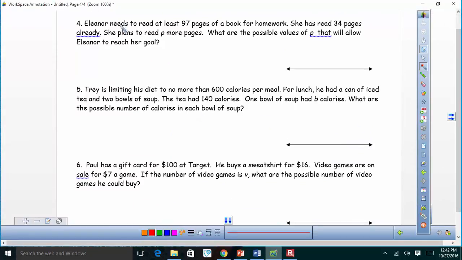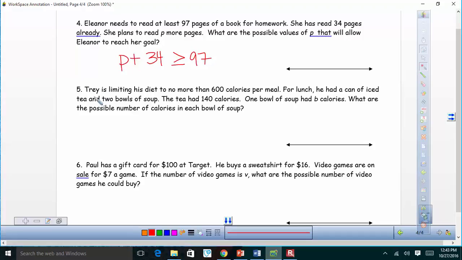Okay, number 4 says Eleanor needs to read at least 97 pages of her book for homework. So does at least mean she can read more or less than 97? More. So we're going to put greater than or equal to 97. She has already read 34 pages, so we're going to put 34 here. She plans to read P more. So it would be,